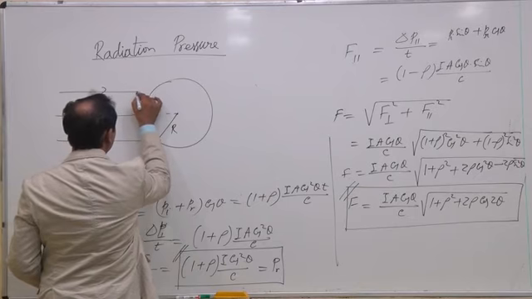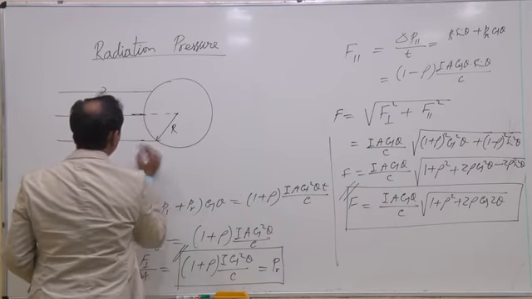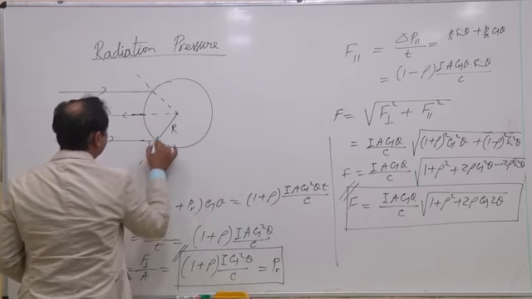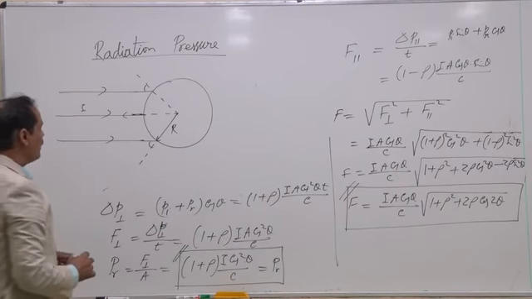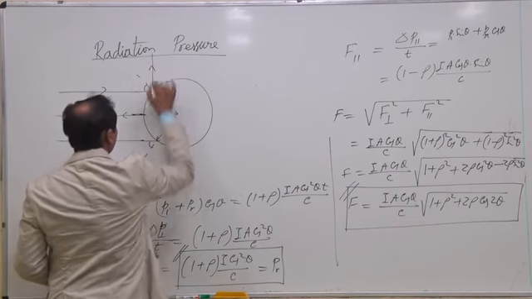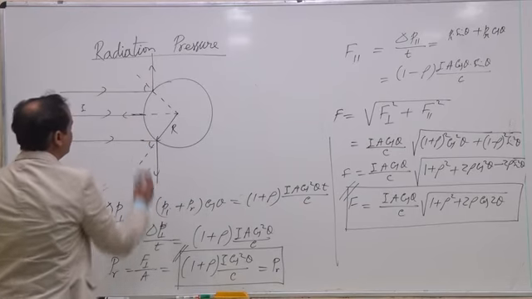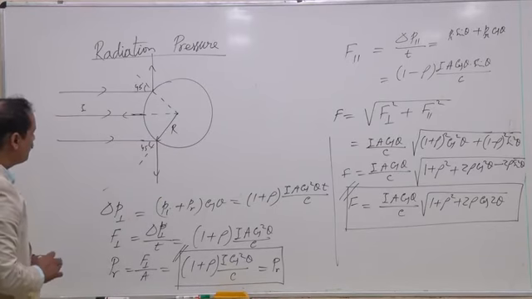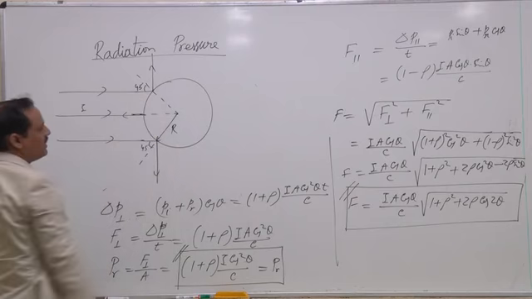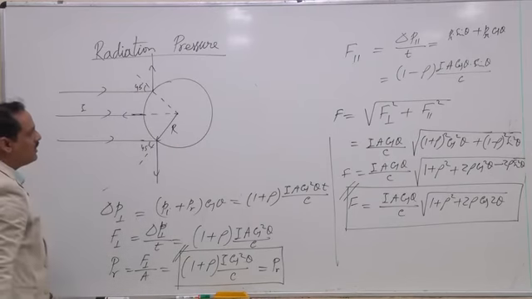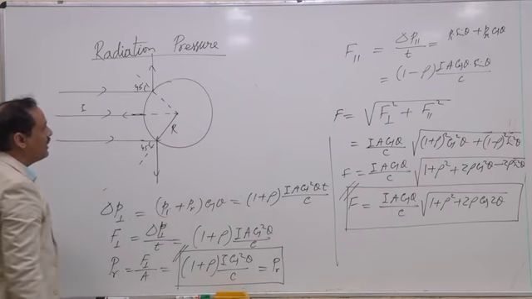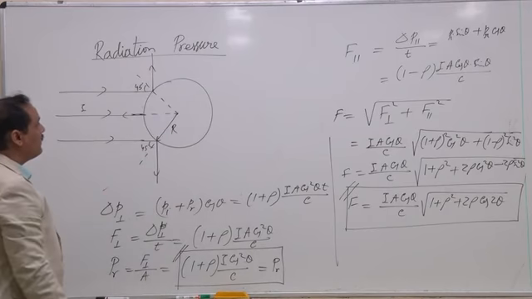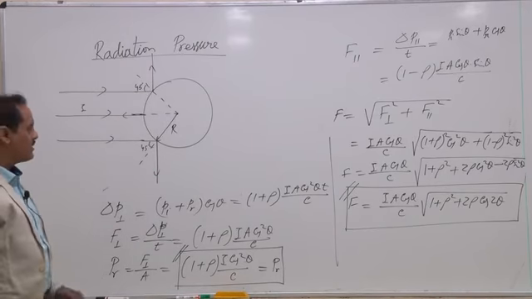Now the interesting thing for spherical surface is that even if the light is parallel, the angle of incidence is different for different light rays. I consider a light ray falling at 0 degree and 2 light rays at 45 degree each. The light within 45 degree angle of incidence gets reflected in opposite direction and exerts a force in forward direction, whereas the light reflected at angle greater than 45 degree exerts a force in the reverse direction.